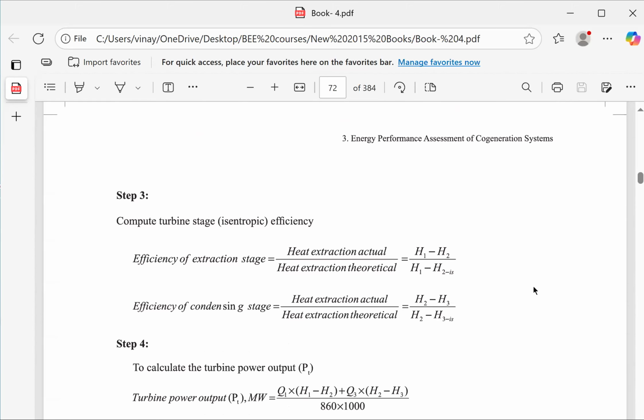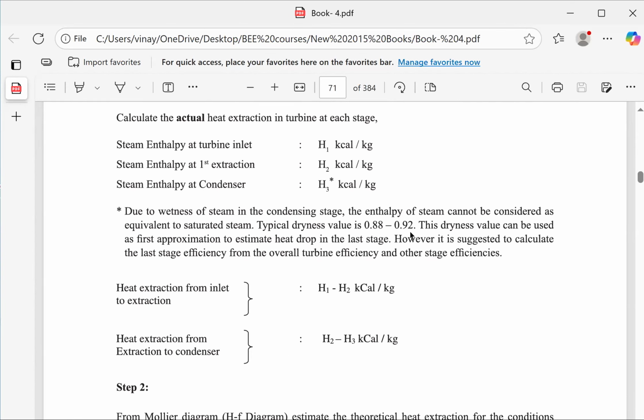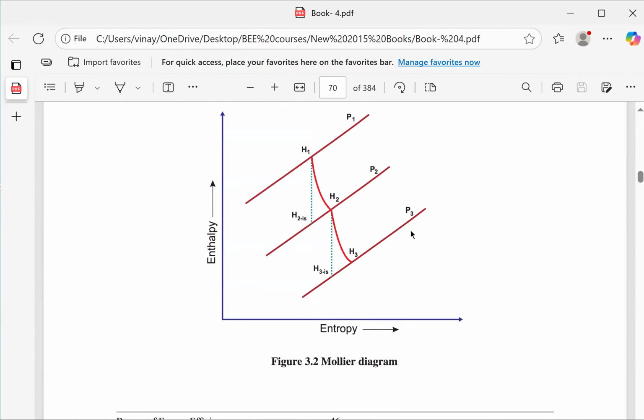The values are already given. So turbine efficiency is heat extraction actual over heat extraction theoretical. Theoretical is isentropic, right? So here it is H2 isentropic, whereas actual is H1, H2. What are H1 and H2? Go back to it. See,